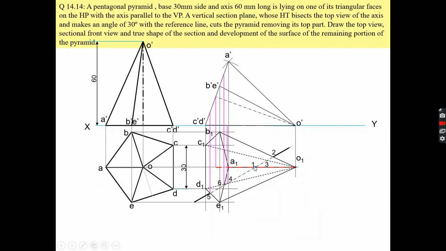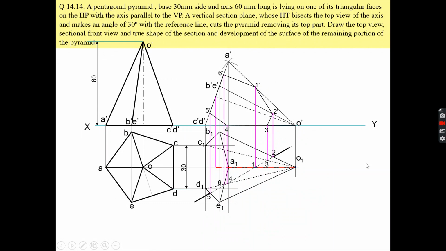Similarly, you can mark point 1, 2 and 3 on OA, OB and OC like this. Okay. And after marking the points, you can join all the points clockwise or anti-clockwise 1, 2, 3, 4, 5, 6 and 6 to 1. Okay. So your top view and front view is completed.